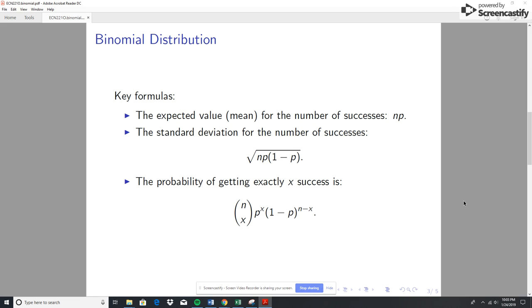So with this, the key formulas, the expected value is just the number of trials, n, times the probability of success, so n times p. The standard deviation is a little bit more involved, so it's n times p, then multiplied by 1 minus p, and then that entire expression, you take the square root of it. So that gives you the standard deviation. If you knew the number of trials, n, and you know what the probability of success is, you can just plug into those formulas